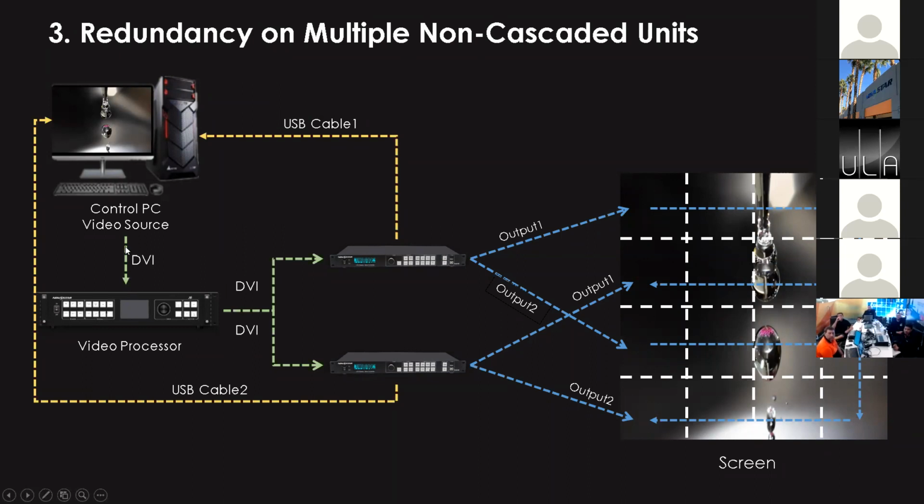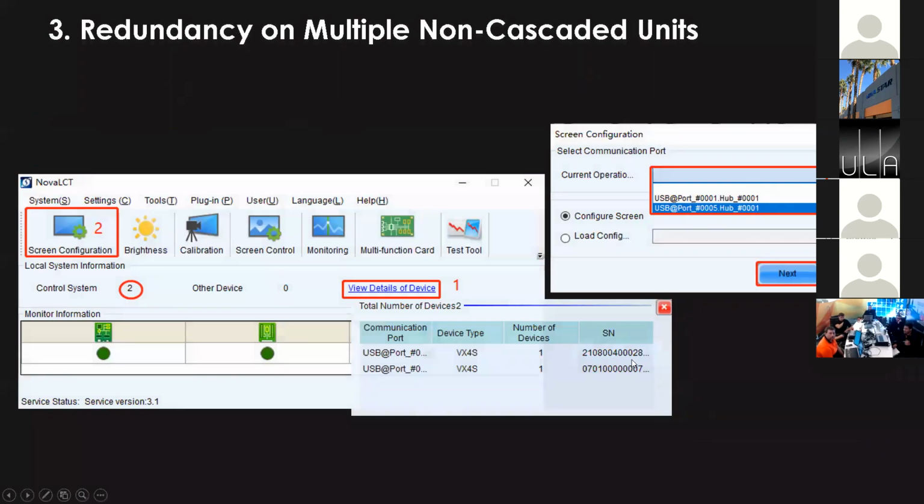That's also exactly the same video source from the PC to both controllers, but the USB cable goes from each to the control PC. And with this control method, on NovaLCT and Smart LCT,